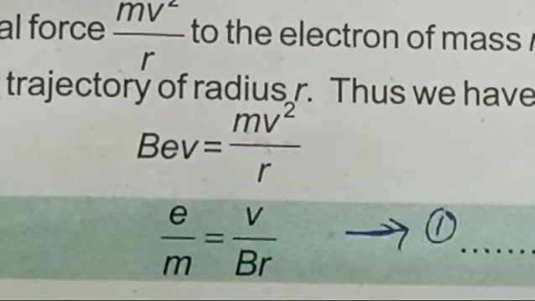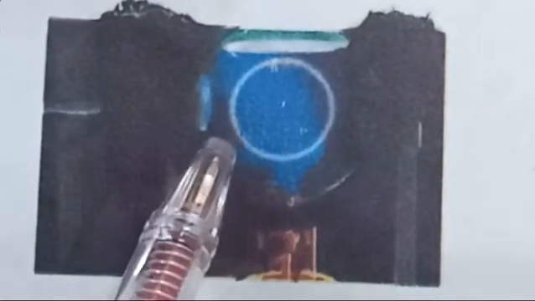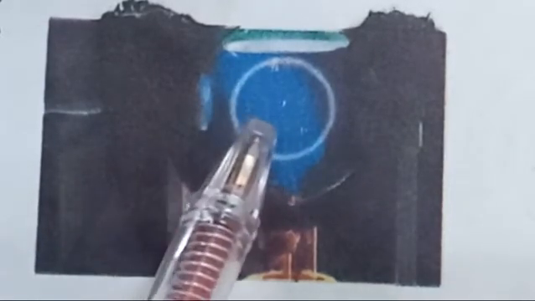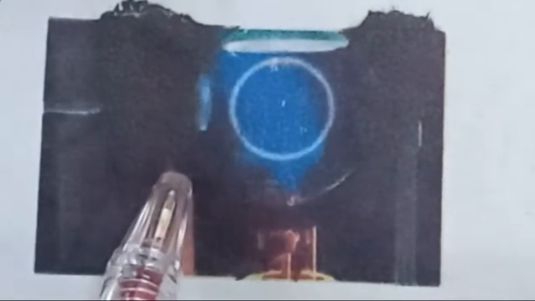A very dim diagram is given in your book of this experiment. This is the diagram. This is a separate apparatus, which is helpful to find the radius of the circular path of that electron. This complete tube is placed in a region occupied by a uniform, strong magnetic field around this tube, of known value. So we have a known value of magnetic field.